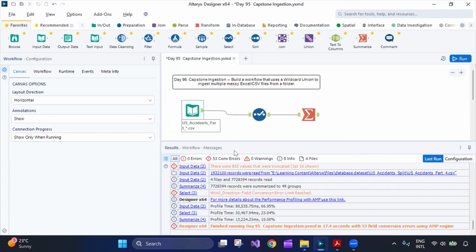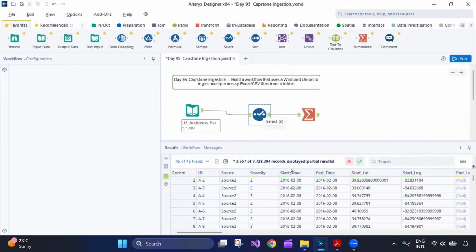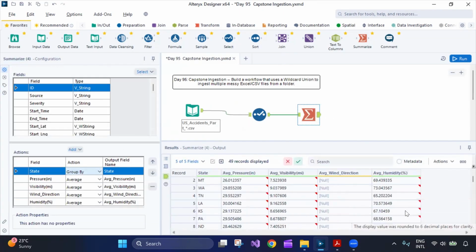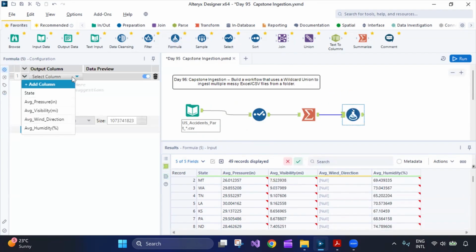But this is about the ingestion capstone, like how to ingest the data, what we can do, and what the summary is. Now, if I want to add some calculation here, where I want to see visibility and humidity, I wanted to calculate across like 7 million rows. So now I take average visibility divided by average